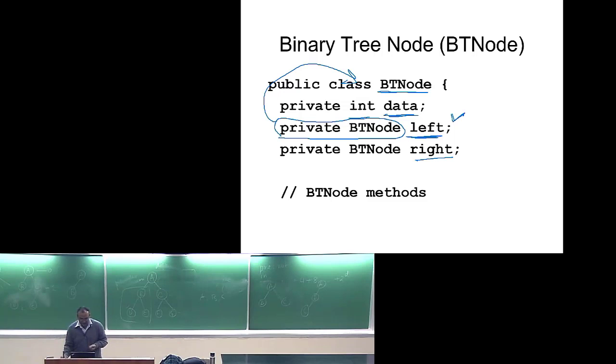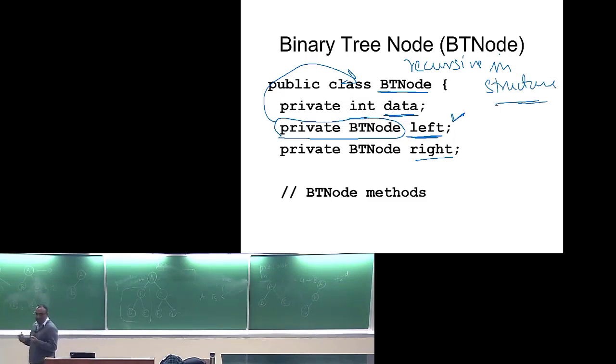All right, and this again is an example of a self-referencing class, right, because it references itself. And in fact this class definition is recursive in structure, right? So in fact all the classes that we use to define a linked list had this recursive structure. So here we have two recursion kind of structure. You can think of left as well as right as in fact data fields of the same type as the class itself. Okay,